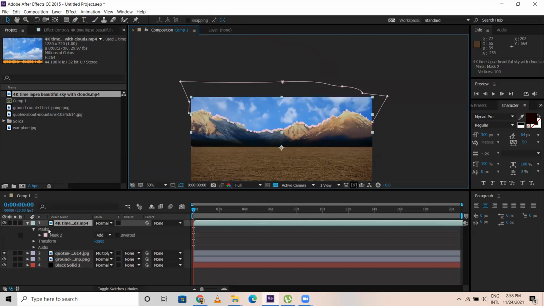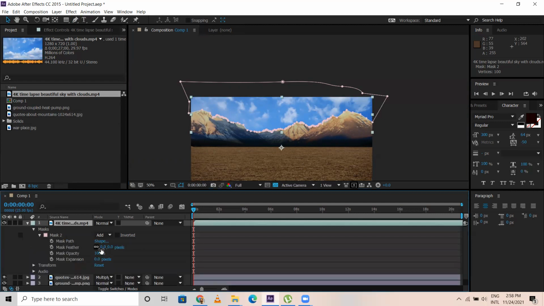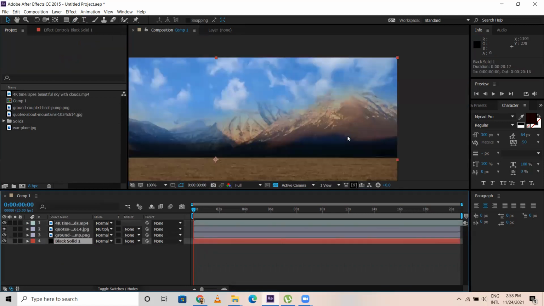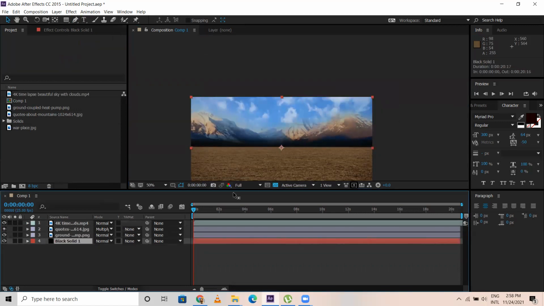That also can be done in the mask too. I gave a bit of feather so that it looks like this.